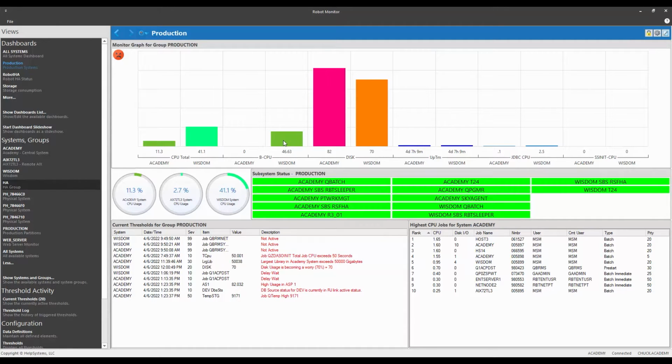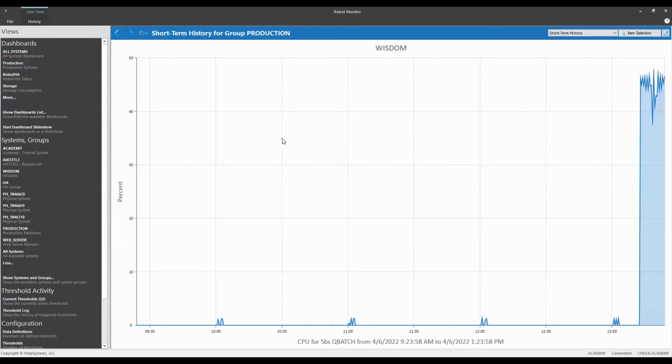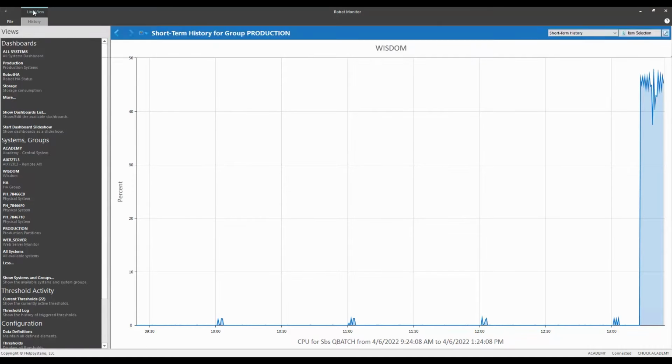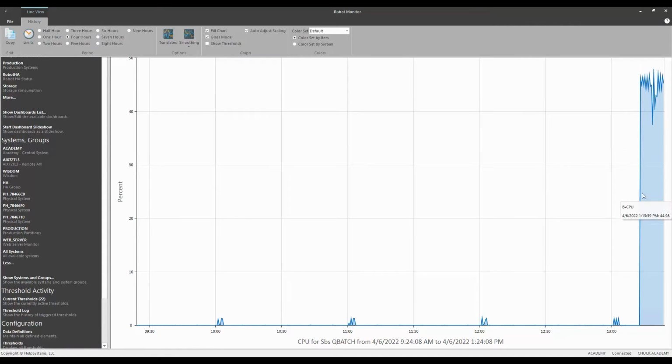So one of the ways that I can drill down on data in Robot Monitor in a dashboard is simply to double click on the indicator, whatever it is, a vertical bar or piece of text, and that will take me into the data that's been collected over the past few hours. So I've got 4 hours of data being shown here in the bar chart,